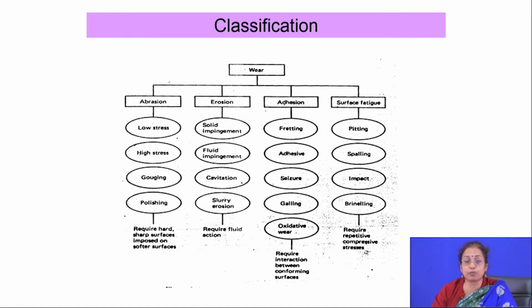Similarly, in surface fatigue, pitting wear can be concluded by observation of the surface. You will find small pits there. In spalling wear, you will find spallation of the coating on the surface. In impact wear, you will get impact marks on the surface, and in brinelling there is dent formation. So, these are typical characteristics of different kinds of wear, and one important thing you should know is that depending on the characteristics, you have to know which kind of precautions you should take or which kind of surface treatment techniques you should apply in order to get rid of different types of wear.